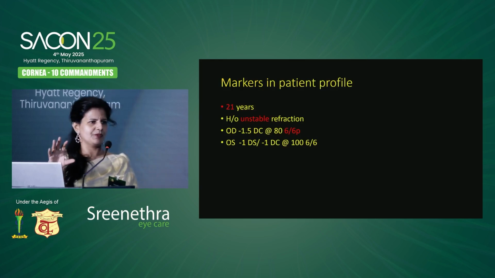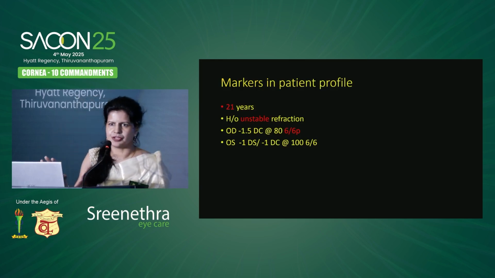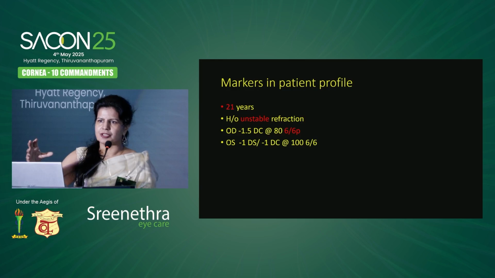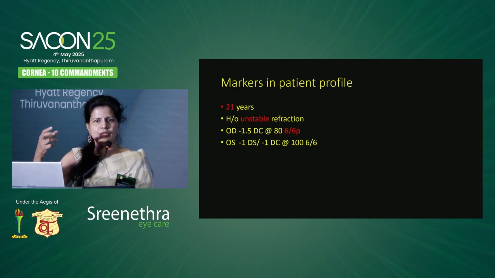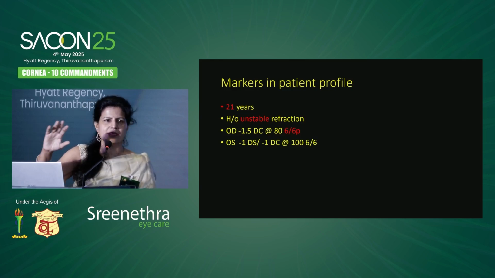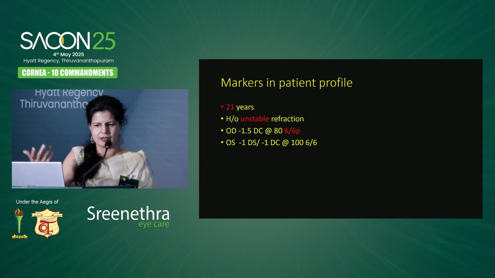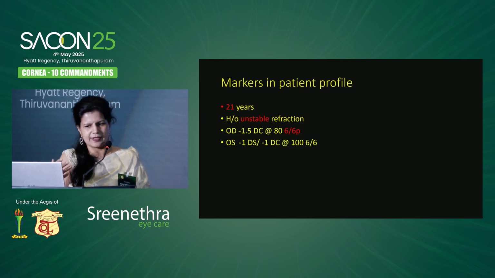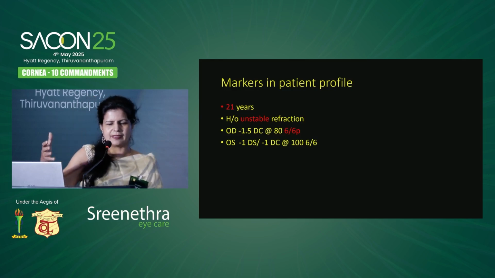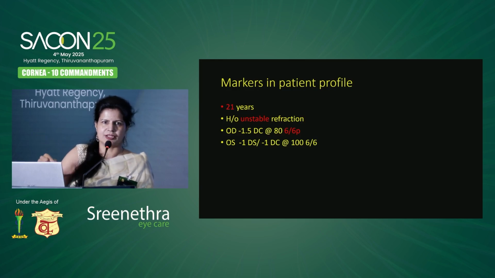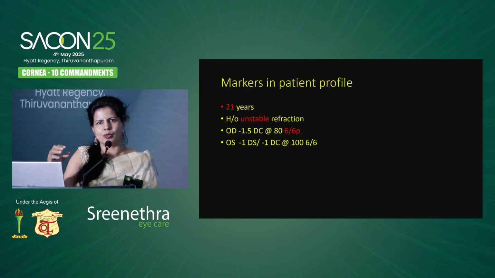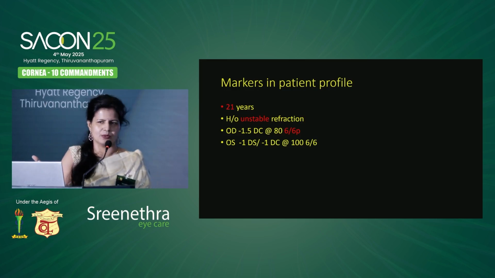Now, markers in the patient profile, that's true for any refractive procedure. So if you have a patient that you are evaluating and you feel that there's something that's not quite matching up, like this patient, he had a relatively okay looking topography, but you can see that the eye with a lesser refractive error, namely minus 1.5 cylinder at 80 degrees, is the one with lesser vision. So this patient on detailed evaluation had a high posterior elevation and therefore was a type of forme fruste keratoconus.